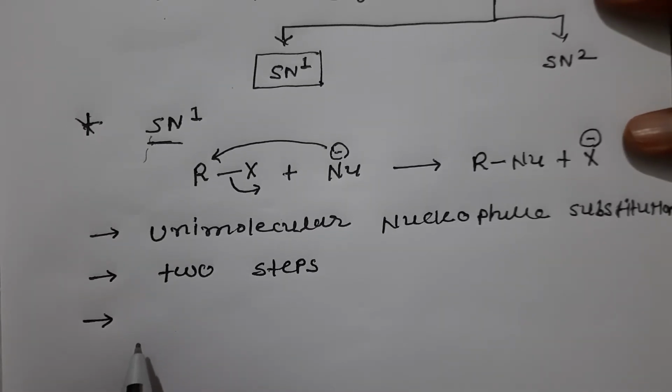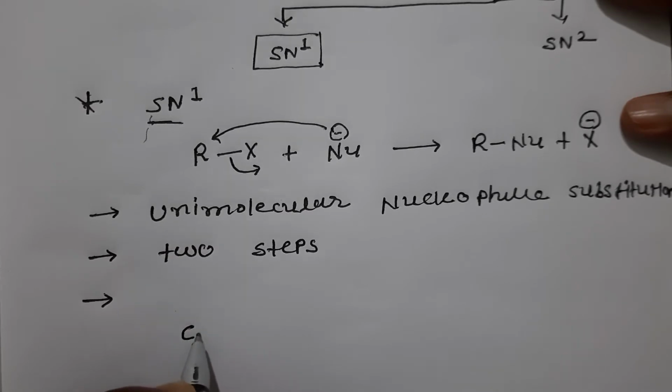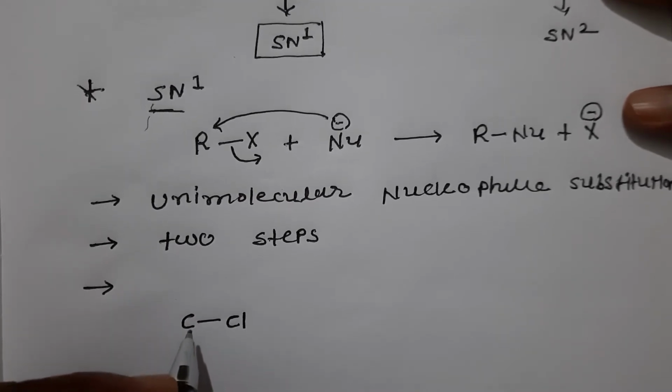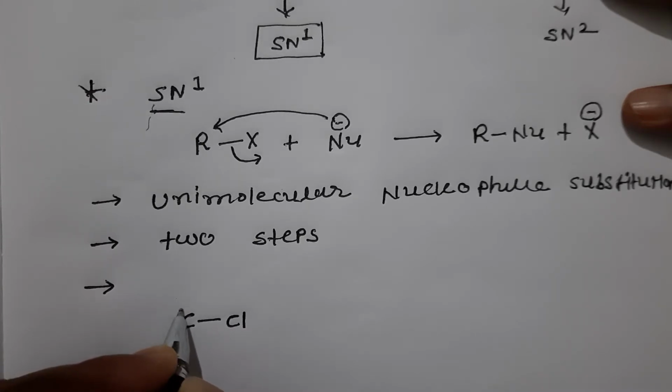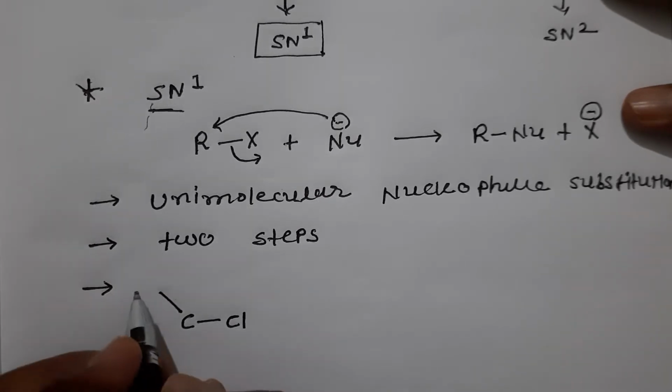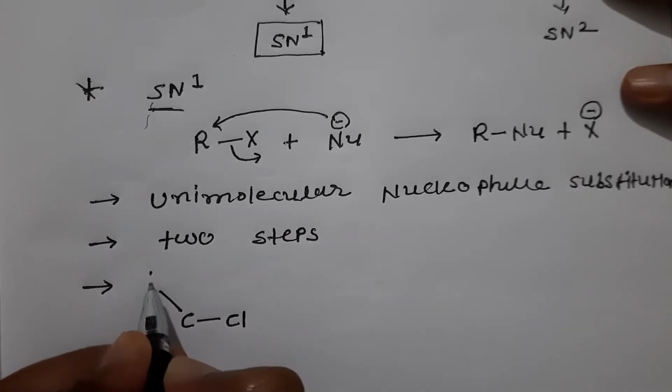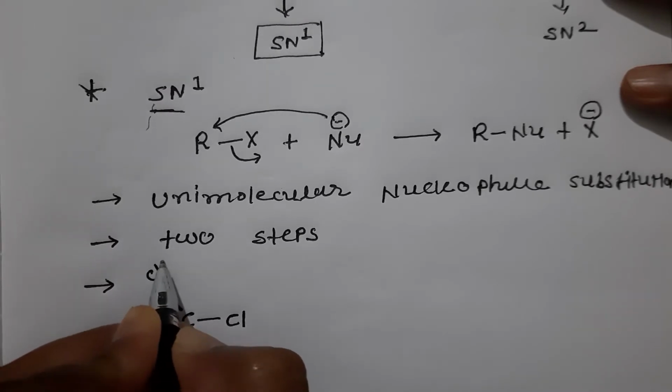We are particularly discussing the SN1 reaction in alkyl halides. So we take one alkyl halide molecule in which the carbon is attached to a halogen group, and we take this carbon as a chiral carbon, so this molecule becomes optically active. We can take 4 different groups around the carbon atom, then the carbon becomes a chiral carbon and the molecule becomes optically active. Then we can understand this reaction in detail with this example.